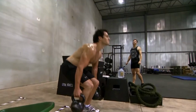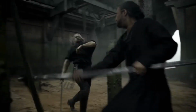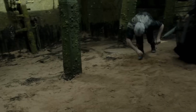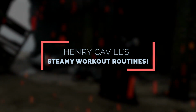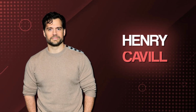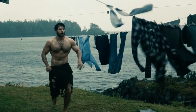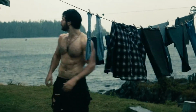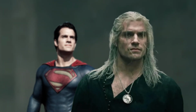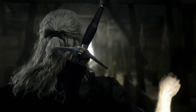From chiseling and bulking workouts to transform into the Man of Steel, to high-intensity training to gain Geralt of Rivia's animalistic strength, let's dive into the world of Henry Cavill's steamy workout routines. Henry Cavill is one of Hollywood's most revered actors, not only for his serious acting chops and passionate work ethic, but also for his sizzling physique. From portraying the iconic Superman to the rugged Geralt of Rivia in The Witcher, this man knows how to sculpt